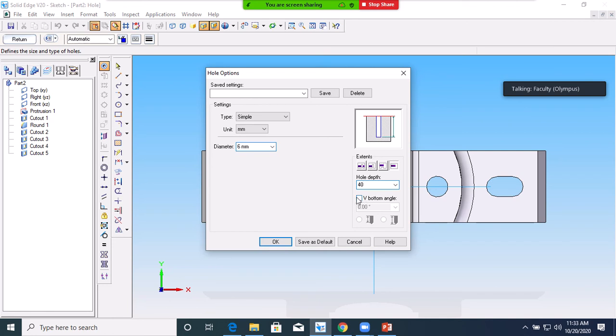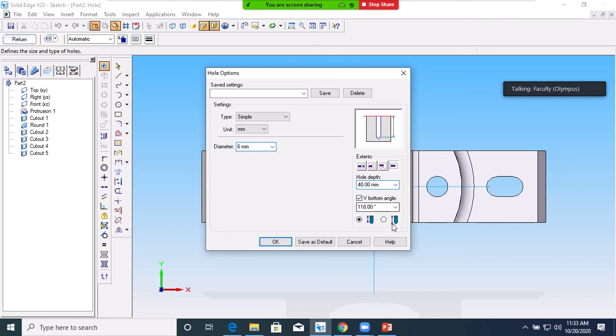You have to select V bottom. The angle will be taken by default.